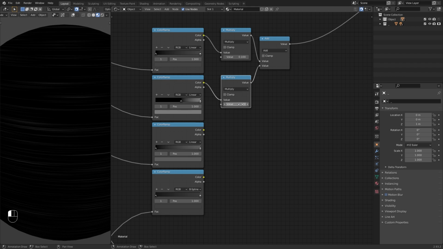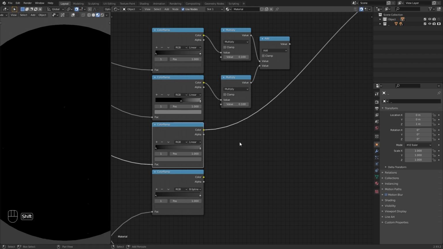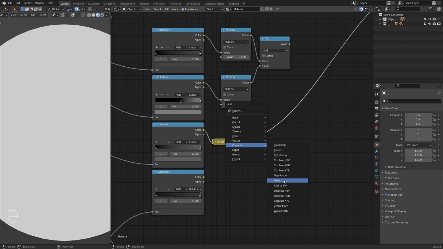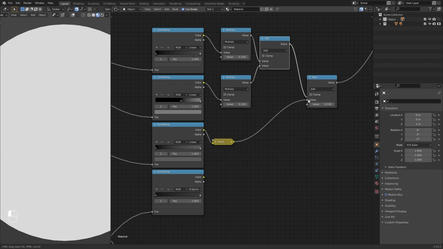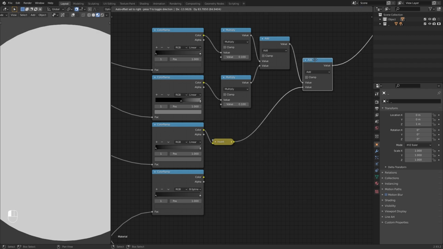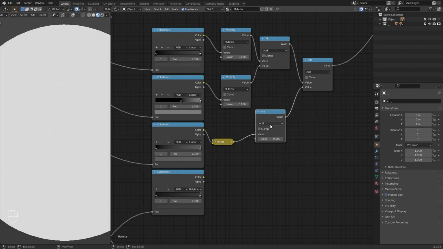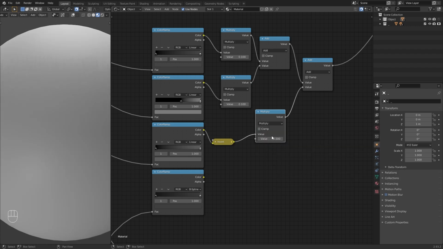After that, now set the node preview for the third color ramp and add a color invert node to this connection. Now add a math node to this connection and connect the above node to this math node. And then add another math node to the output connection of this color invert node and set its function to multiply. After adding this, give 0.2 for the value here.